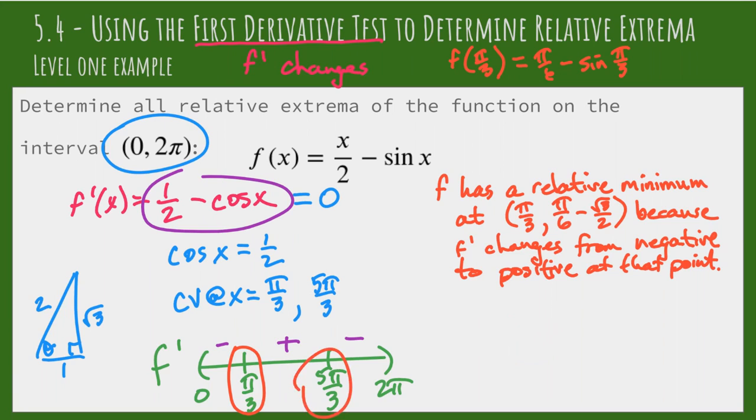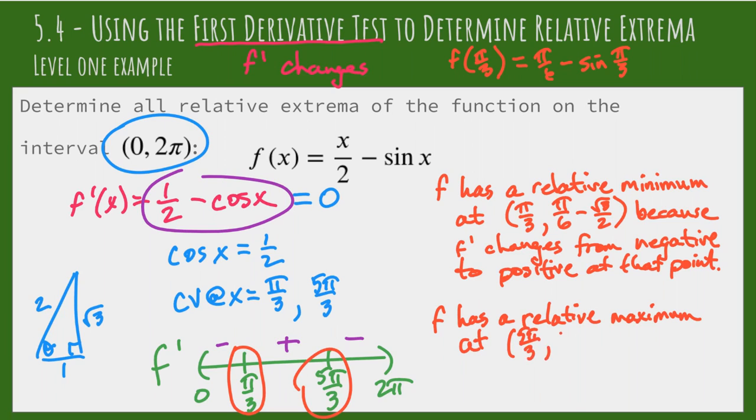So then the other point that we're going to have here where the derivative changes signs is going to be at 5 pi over 3. This time, this is going to be a relative maximum, because the derivative is changing signs from positive to negative. So where the derivative changes from positive to negative, the function changes from increasing to decreasing, and we get a relative maximum. So this is going to be at 5 pi over 3, comma,